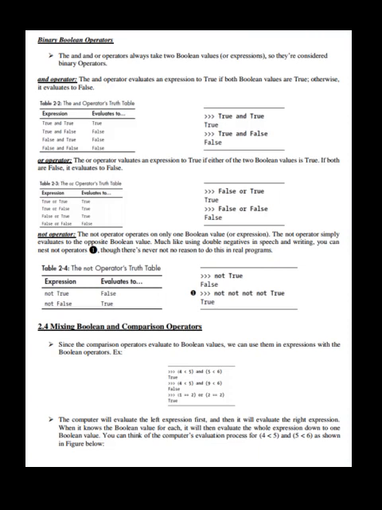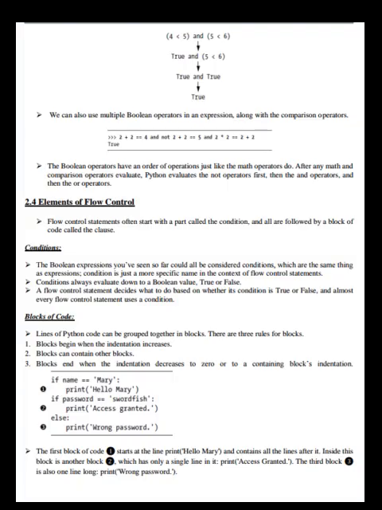When it knows the Boolean value for each, it will then evaluate the whole expression down to one Boolean value. You can think of the computer's evaluation process for 4 < 5 and 5 < 6 as shown in the figure below. See the figure here. We can also use multiple Boolean operators in an expression along with the comparison operators.